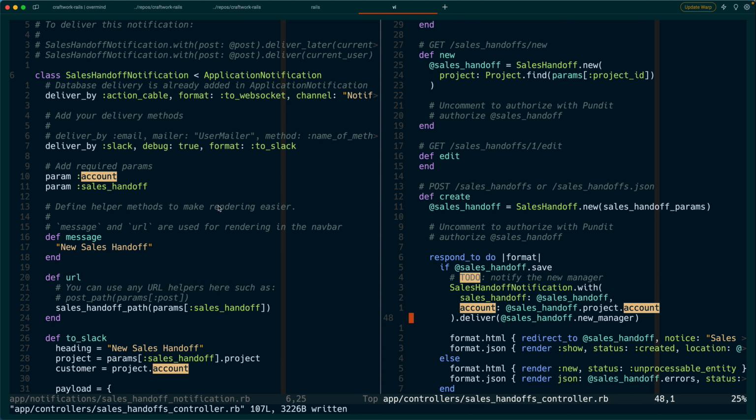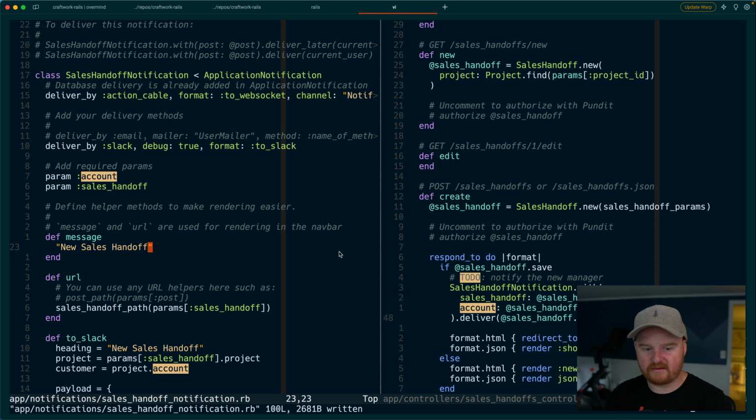Now, by default, even though we're saying we want to deliver it to the new manager, we're using a generic webhook endpoint for Slack. So it's going to end up in a bucket over in Slack. Okay, so let's give it a whirl